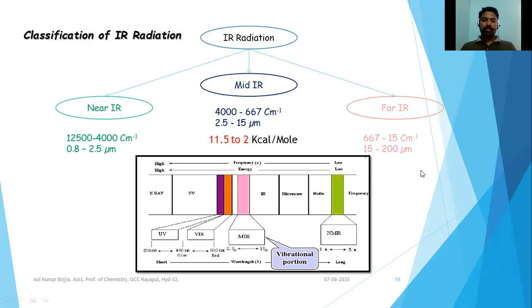So for organic chemistry, for molecular structural analysis, this is the region exclusively used, whereas the far IR region is not that useful to organic chemists in infrared spectroscopy, but this radiation can be used in microwave spectroscopy. Yes, these are the topics that we have studied in the previous session, infrared spectroscopy 1. You can view that presentation through my channel on YouTube.